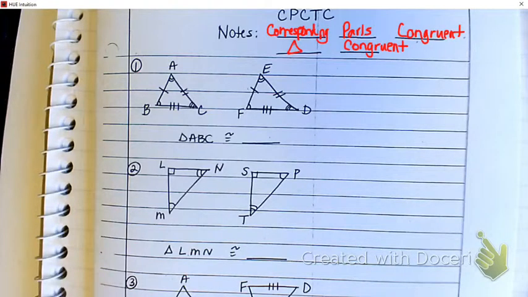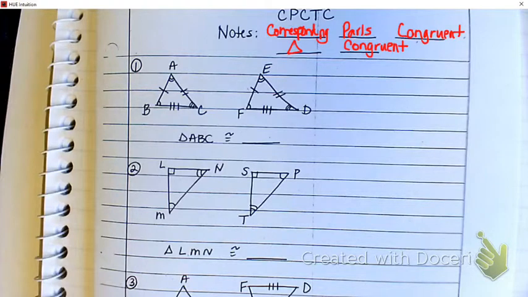So, number one up here, if you look at the triangles that are given, you see there's one mark on those two sides, two lines on the two sides on the right, and three lines on the sides on the bottom. It's telling you that each of those sides are congruent to each other. Also, look at the angles: there are two marks at A and two at E, and three at C and three at D. Okay? So if I want to write what is called a congruence statement,